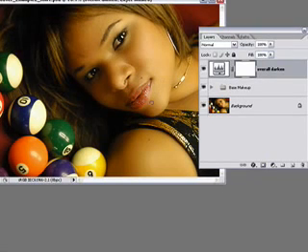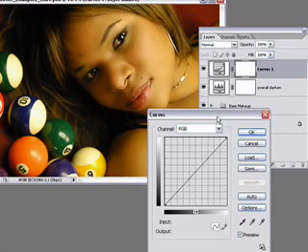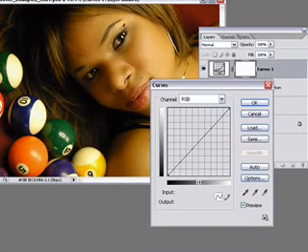Or you can do lips if you want. It doesn't matter what order you're going in. I'm just going to do eyeshadow. And again, I'm going to click on curves just to review how we would achieve getting sort of a green